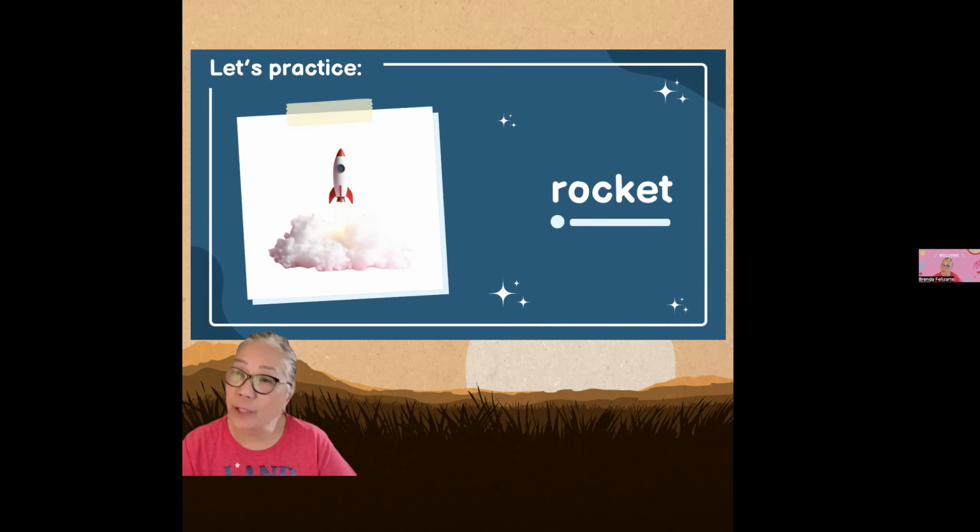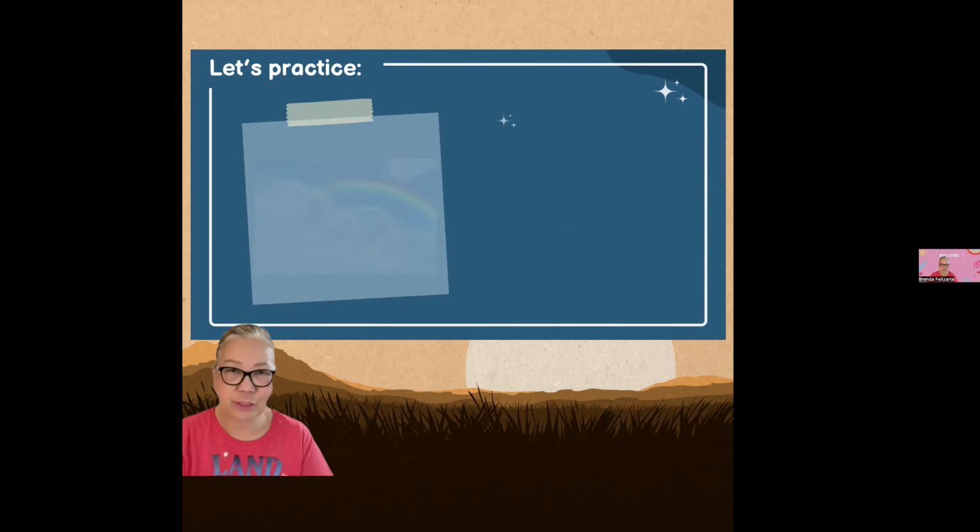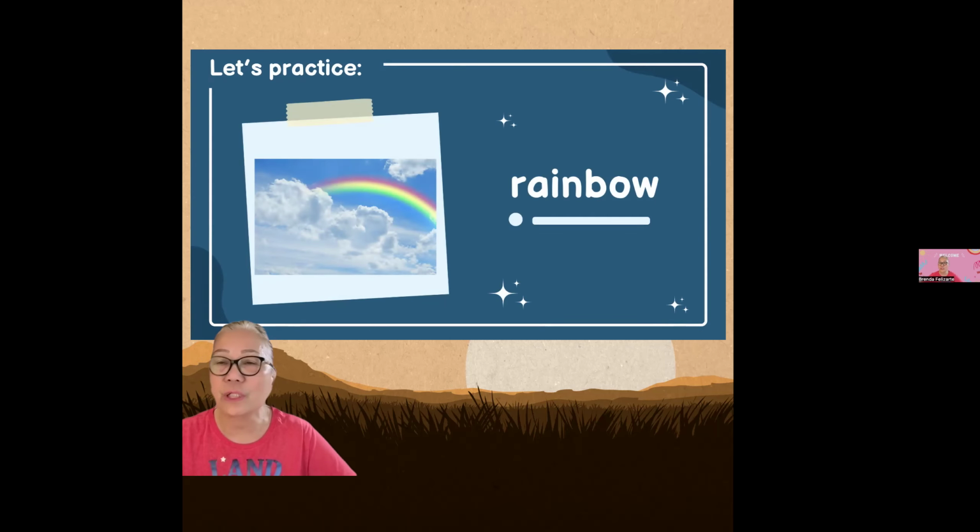And a rocket. Rocket. Okay, I think the United States just landed on the moon again. Artemis 2 was the rocket that brought them there, and they are back here and landed on the Pacific Ocean. Rocket. All right. Last one is